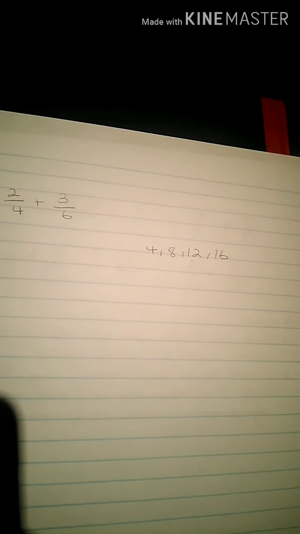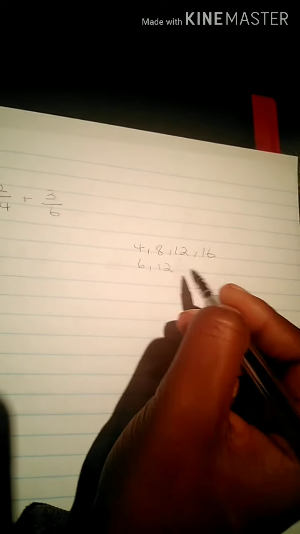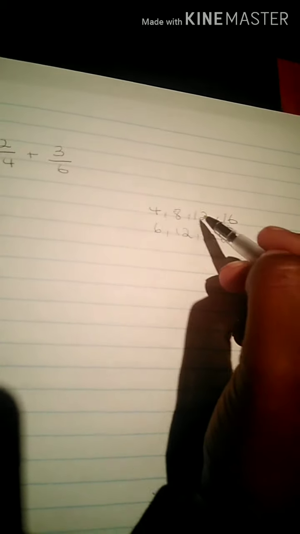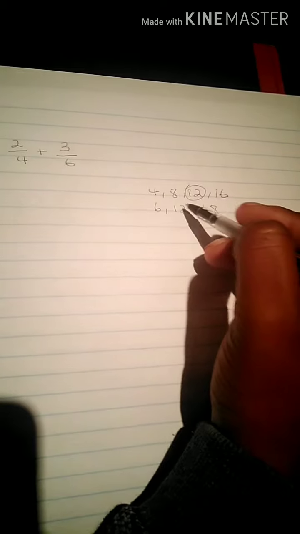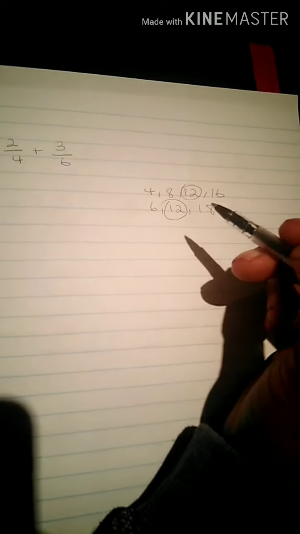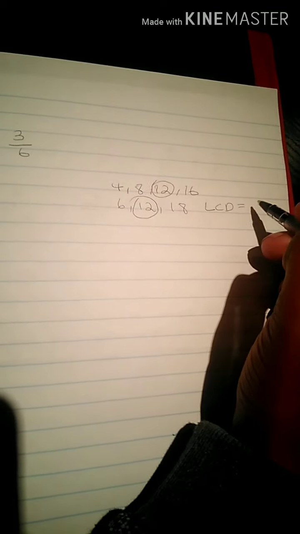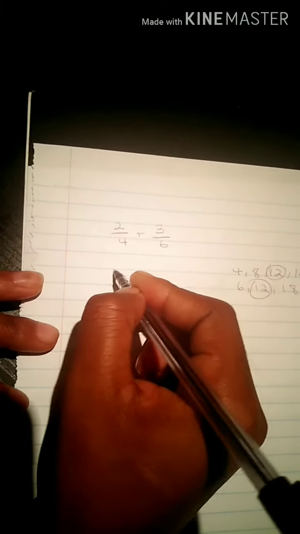16. And then the multiples of 6, you have 6, 12, 18. So far, I can see that I have the least common denominator, or multiple. In this case, 12 is common here and 12 is also common here. Therefore, we have found our LCD, which is what? 12. Now, when you have your 12 as your LCD, you write your 12 down, and then you write a